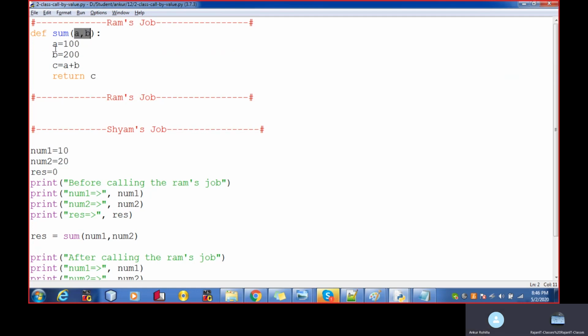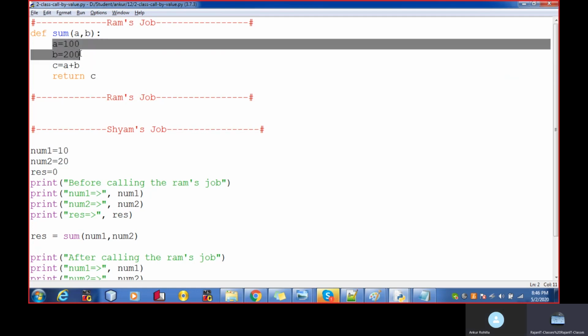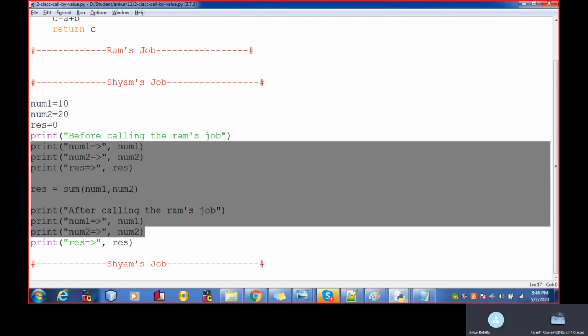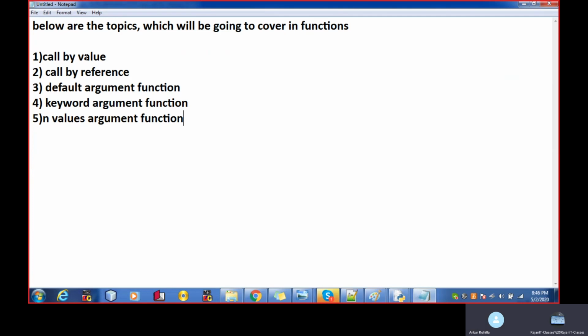If something happens with the argument variables, the changes are not reflected back to the original parameters. If the changes are not reflected back to the original parameters, it means it is following which concept? Call by value. Right? So we have done call by value.